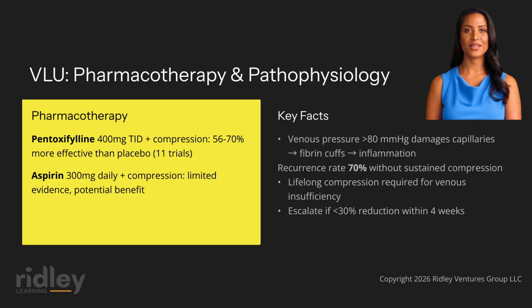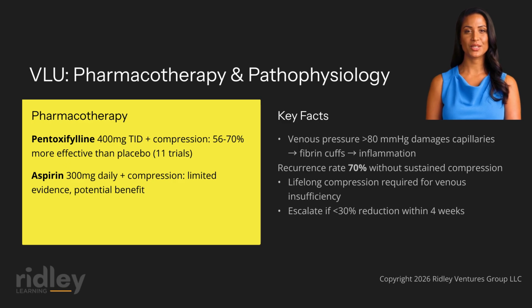Adjunctive pharmacotherapy enhances compression-based management. Pentoxifylline 400 mg 3 times daily as an adjunct to compression was more effective than placebo for complete healing or significant improvement, with a risk ratio of 1.70 versus placebo alone, and a risk ratio of 1.56 versus placebo plus compression in a meta-analysis of 11 trials. Limited evidence from 2 small randomized controlled trials suggests potential benefit from aspirin 300 mg daily as an adjunct to